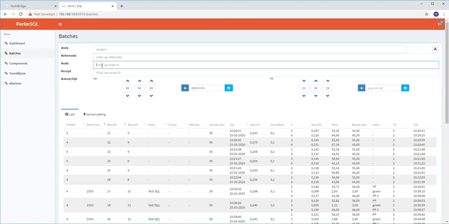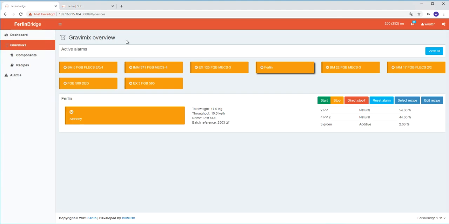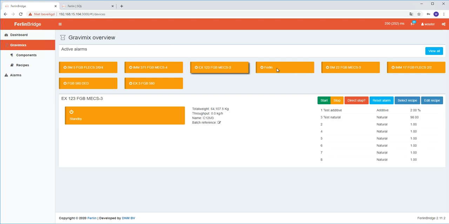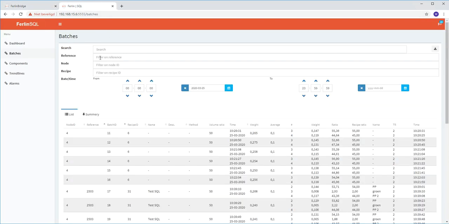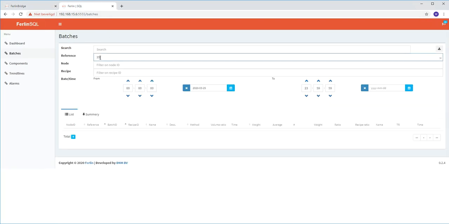The nice thing about the SQL is that you can also search, for example, on reference. First switch to English. If I go to the FerlinBridge, here I can see that I've got a batch reference on this machine. So on the Ferlin Blender 2503. So if I go and search for this reference 2503, you'll notice that